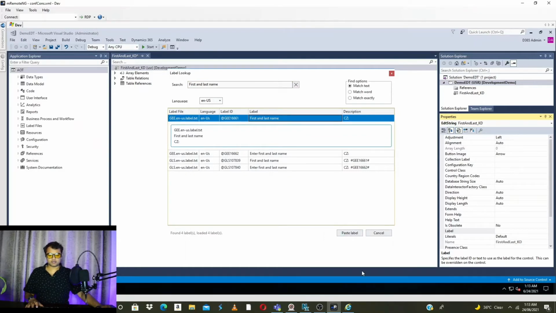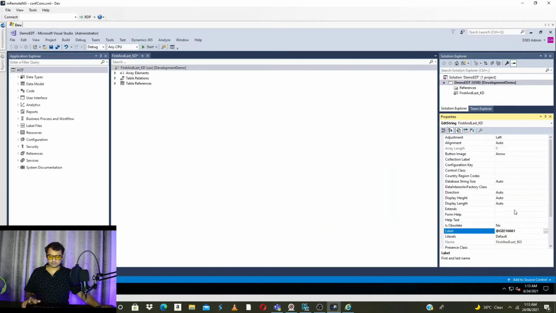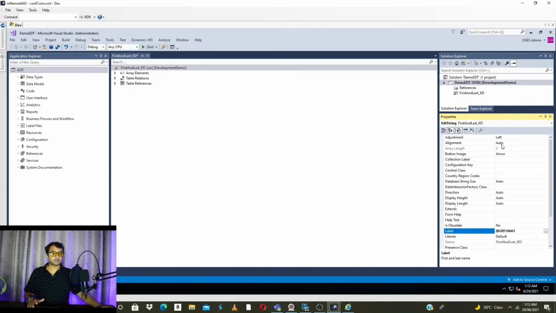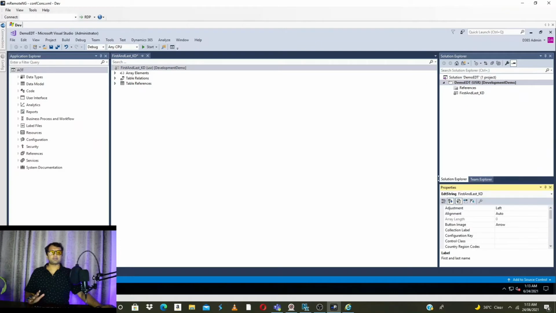I'm going to utilize this label and click on paste label. So I have this label attached to this EDT. This label is fixed and size is also fixed. So now I can utilize this EDT in my table, either if I am extending a table or creating a new table. I can utilize this EDT.